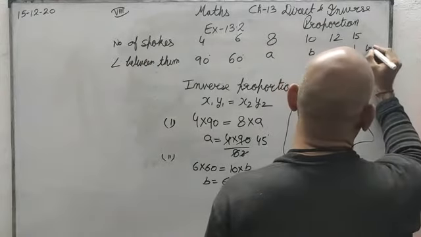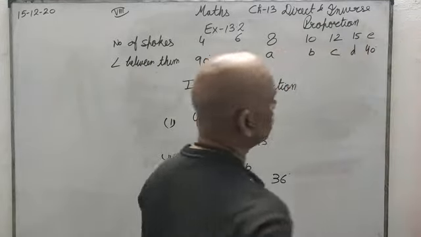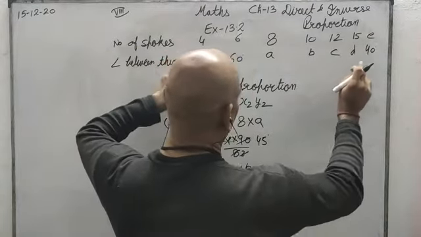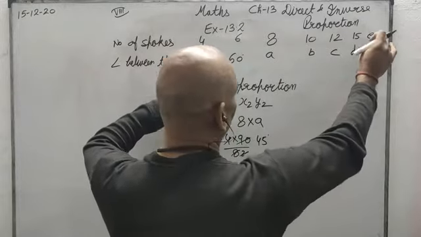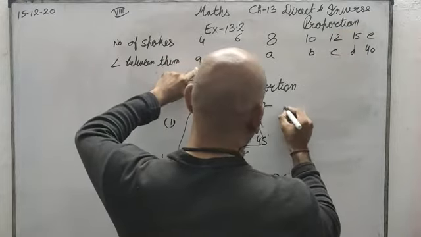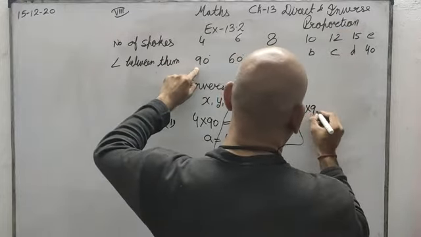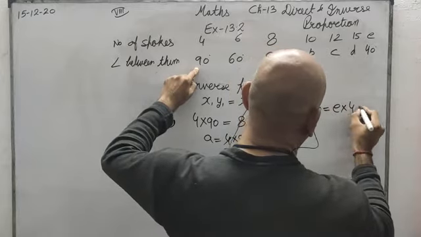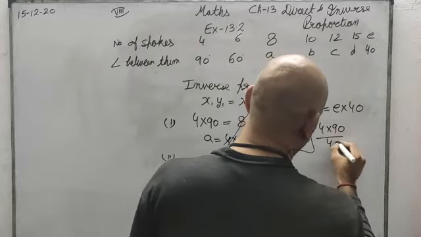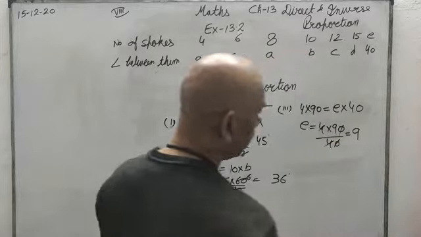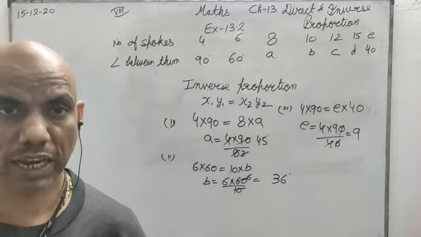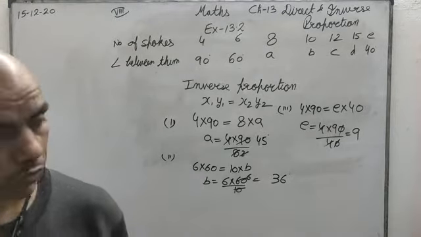And one more question is, if it is 40 degrees, then how many spokes will there be. So that way also we can calculate. Again the same, the angle is decreasing, so the spokes will be more. Since the angle has decreased, the spokes will increase. So 4 into 90 is equal to E into 40. So E will be 4 into 90 upon 40, 0 and 0, 4 and 4. We got 9 spokes. So when the spokes will be 9, at that time the angle will be 40 degrees.